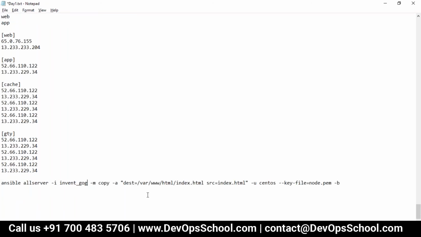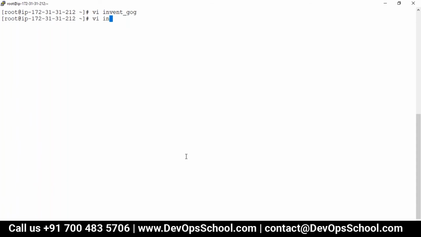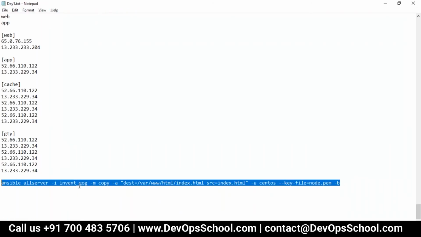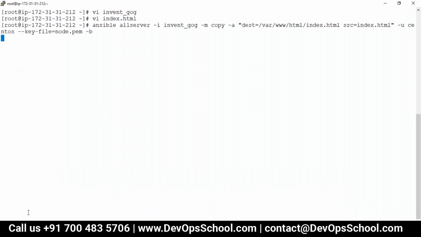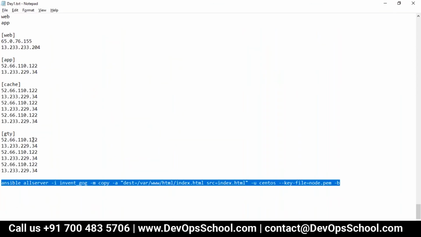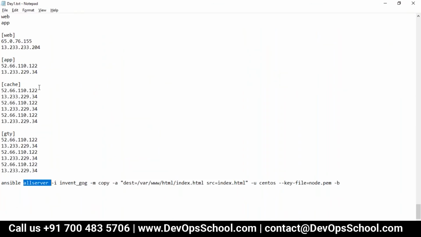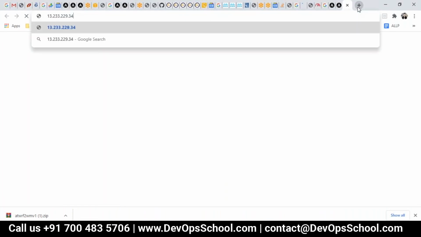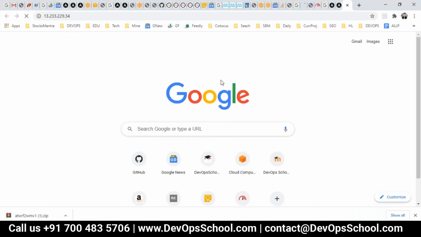And in the command I'll change it to vi index.html, and make it v3. Change the package also. Now this is the group of groups. Okay, now you see, done. Let's validate. So here, which one? All server. Let's validate one, that will be sufficient. And I hit this URL.